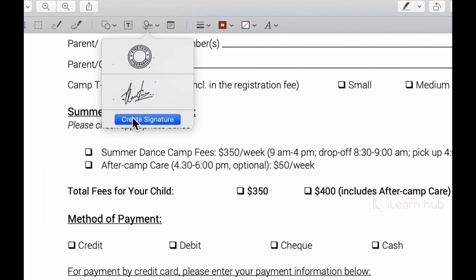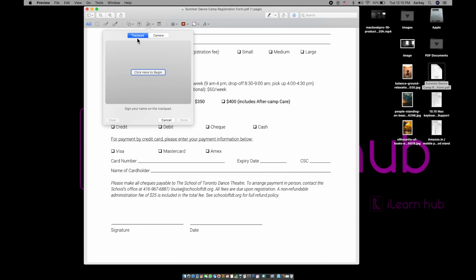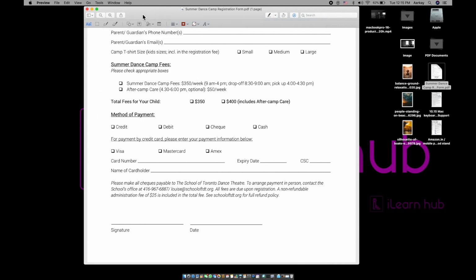So create signature. If you want to create a signature, you can use camera or you can use the trackpad. But if your iPhone is connected, so at that point, you can see even iPhone facility there. I'll show you in a different video because I need to use a camera to shoot that one. Just simply go here, add the signature, and if you want to make it little bigger, you can do that one. And in fact, if you want to change the color of the signature, also can be done. Whatever color you want, you can decide on that one. Okay, this is how you can add your signature.